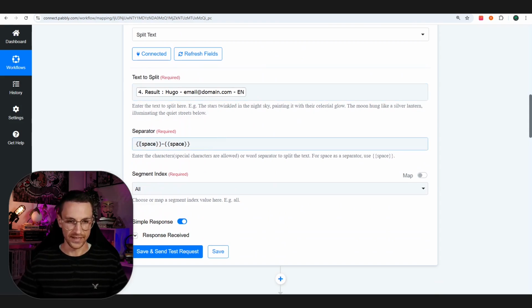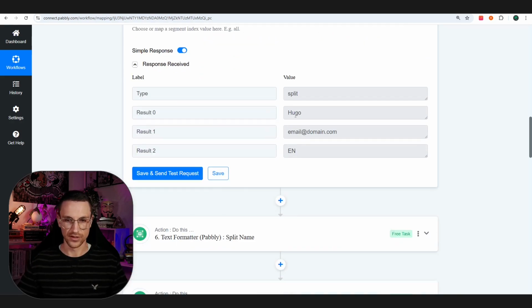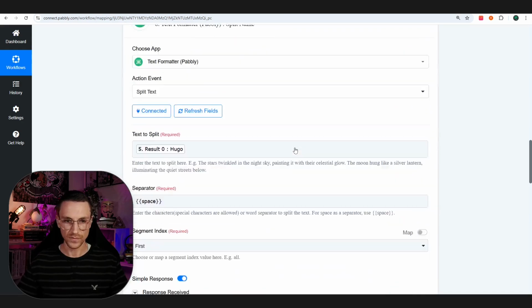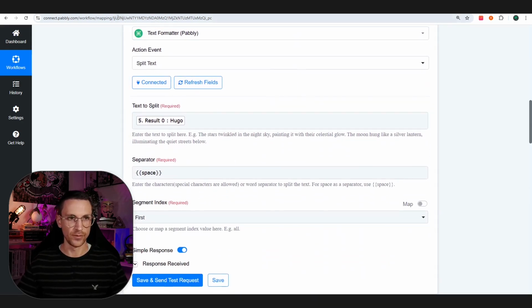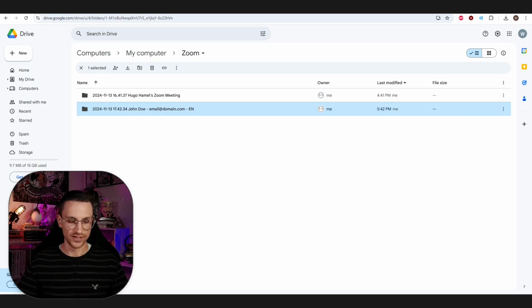We will split at where there's a space, hyphen, space, and that will give us the name, the email, and then the language. From there, we're going to split the name in half. Why we do that is, again, if you remember, at first we had John Doe here. So what that does is